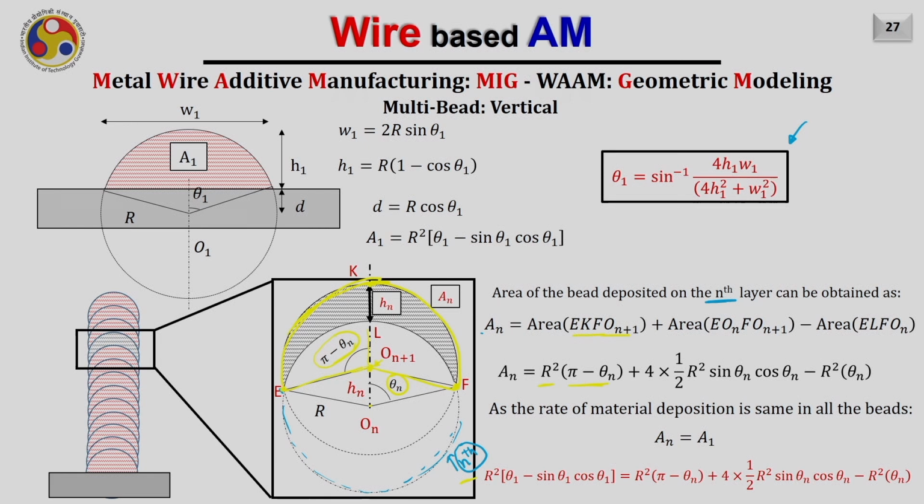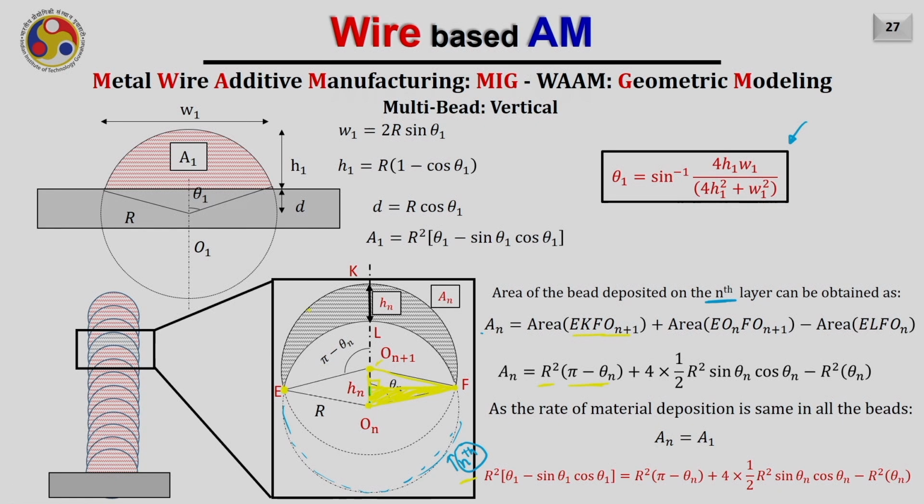Once I know this area, now I can obtain the area E On F On plus 1. So here first of all I will divide this area into half, right? So this much I am interested in first of all, and further I am interested only in half of it, right? This angle will be obviously 90 degree, and now I am interested only in this area. And if you remember, we have already calculated once, but again